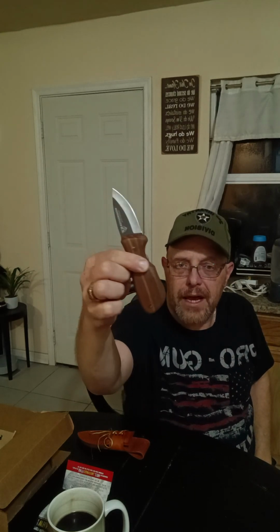Of the knives that I think I've gotten from CH Cadell's, the SHTF, I think these Bushmaster ones are probably some of the better blades. They're not full of all these bells and whistles, no compass, nothing gimmicky. They're just very simple, well-made knives. So this one here I can definitely see being